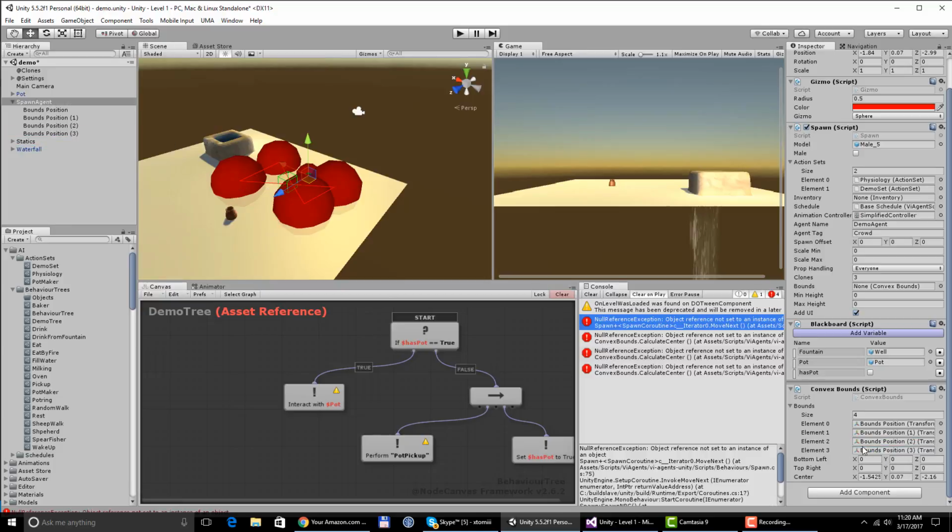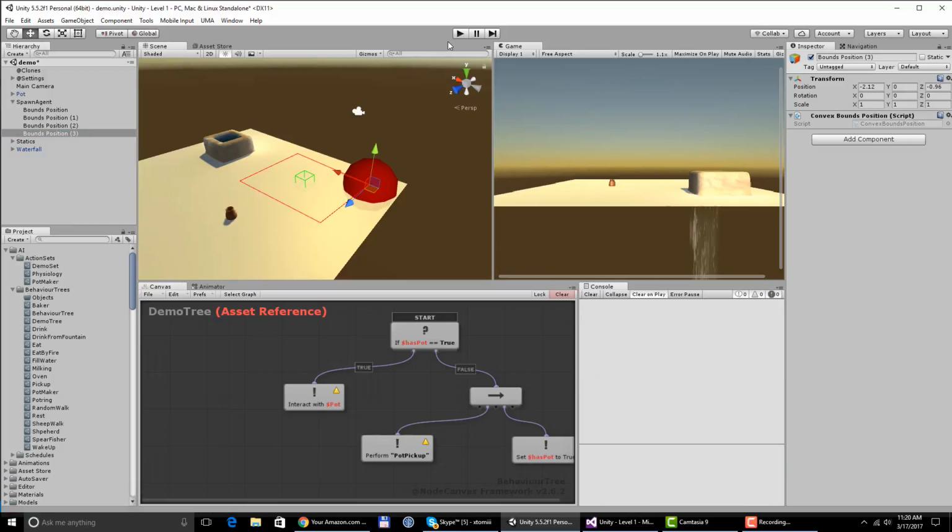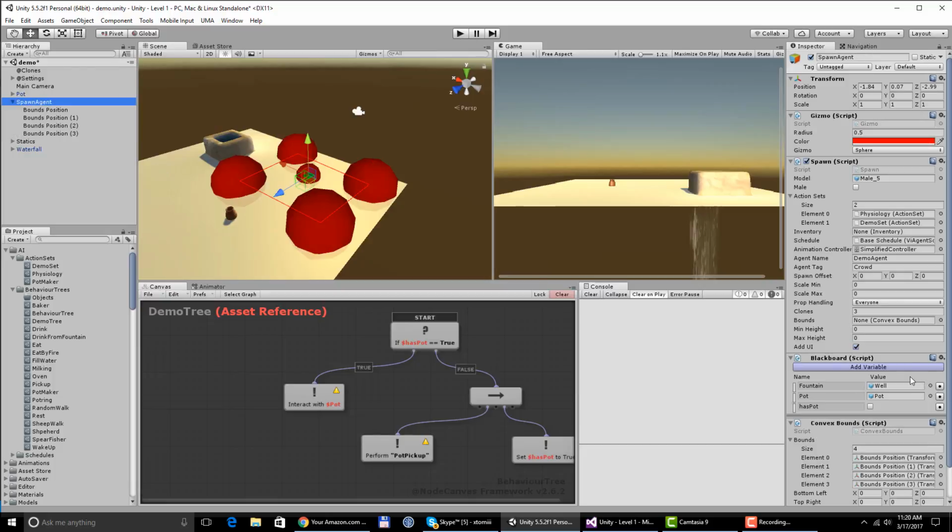So when I add the 4th one, I did something wrong, so I just need to modify the order. So this is my 2nd and this is my 3rd, there we go. So now when I modify these positions, I can easily see how big is the area in which the agents will be spawned at, right? Great. So now when I run this, the last bit is I need to assign which object holds the convex